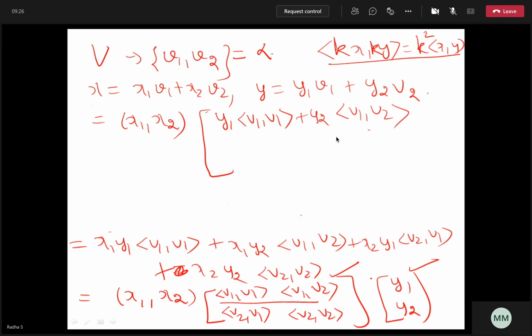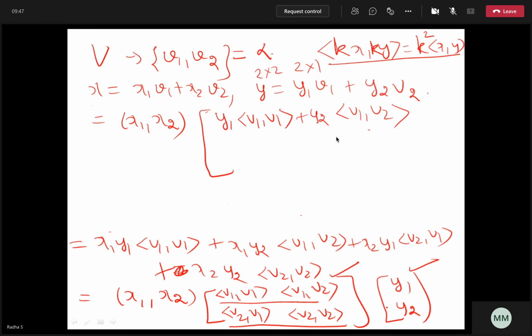So what will be the resultant if you multiply a 2 by 2 with a 2 by 1? What type of matrix are you expecting? A 2 by 2 matrix is there, a 2 by 1 matrix is there. What is the result of the product of these two matrices? A 2 by 1 matrix. For the 2 by 1, the first entry you got. How do you get the second entry?